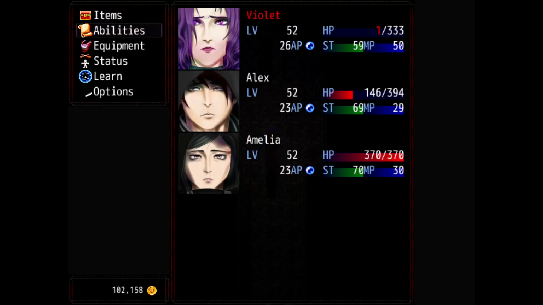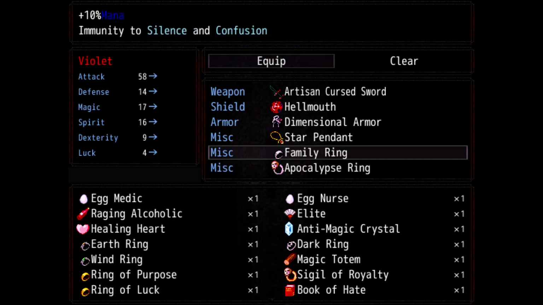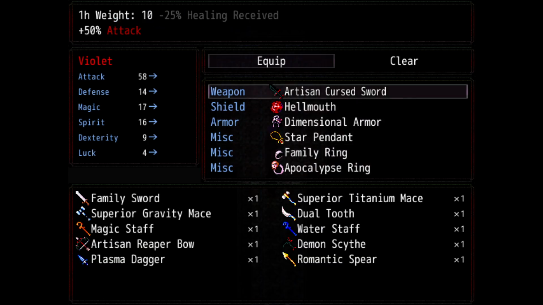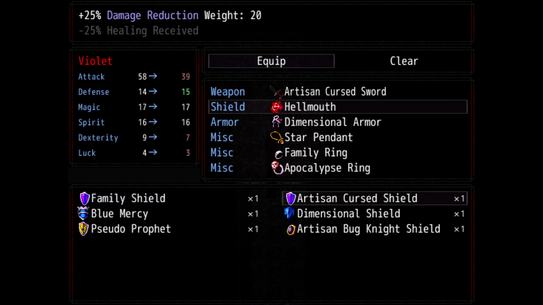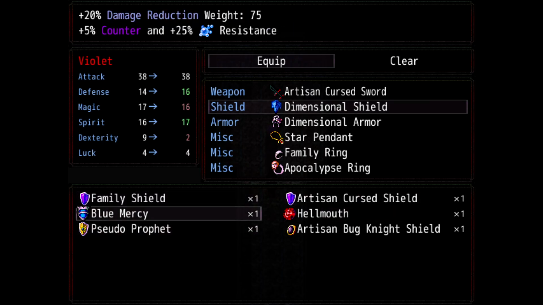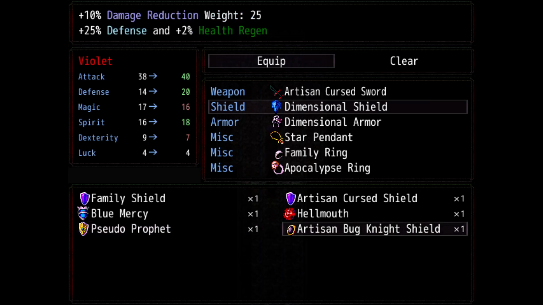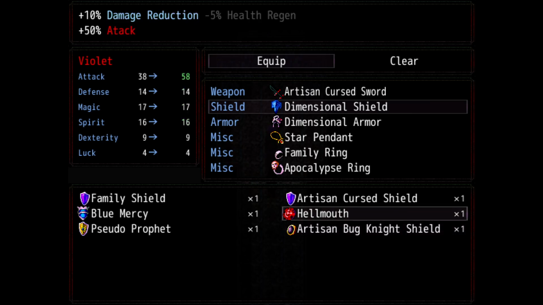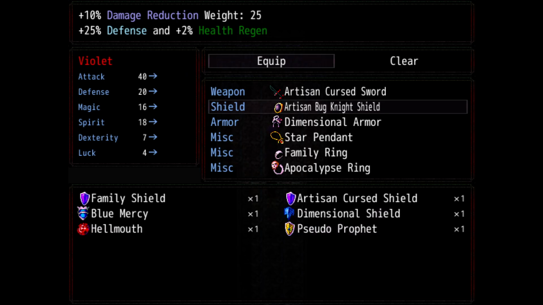What else did I change in my equipment? Star Pendant, Family Ring, Apocalypse Ring. Oh, it's the shield, I see. Well, back to the dimensional shield it is then. Though this one's pretty neat too, isn't it? Takes down my dexterity some, but